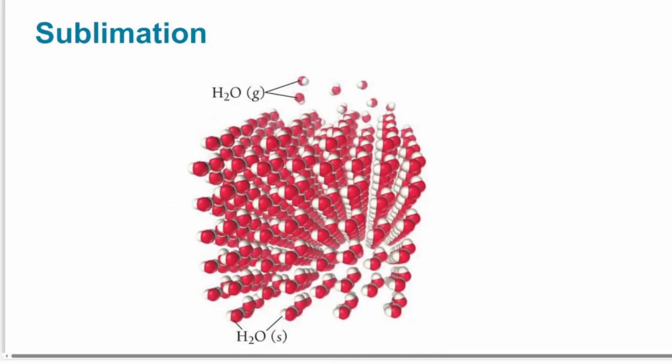So water can also sublime. You may have noticed this if you live in a colder area. So snow can, instead of melting, even below the freezing point of water, even below zero, if the temperature remains below zero, snow will eventually dissipate, and it dissipates through the process of sublimation, going straight from the solid to the gas phase. And this is because it may have enough energy to go from solid to gas phase. Maybe with the wind blowing over it can give some of these molecules enough energy to enter the gas phase without going through the liquid phase.